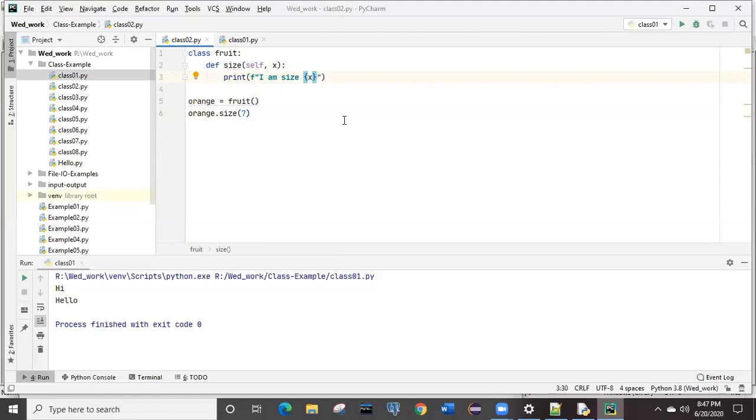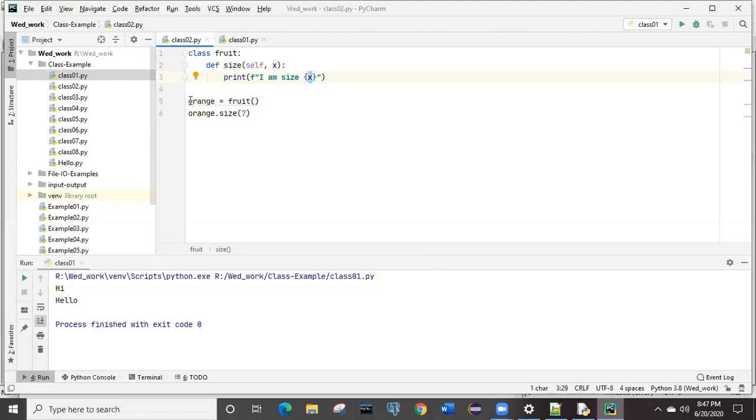I think it is very similar to how we read the value from system variables, like using the dollar sign in the command prompt and other Unix environments, if you are familiar with that. Whatever value you give for this X, that X will be printed over here. So this is the basic and fundamental class example.